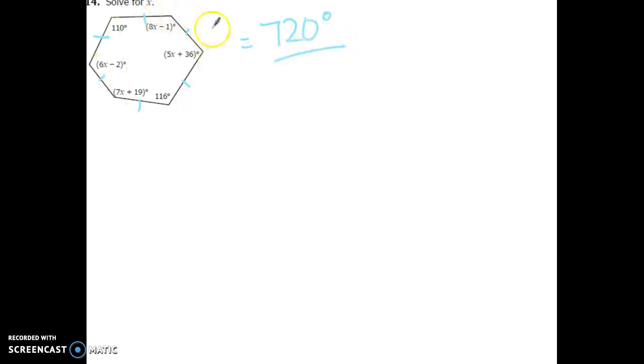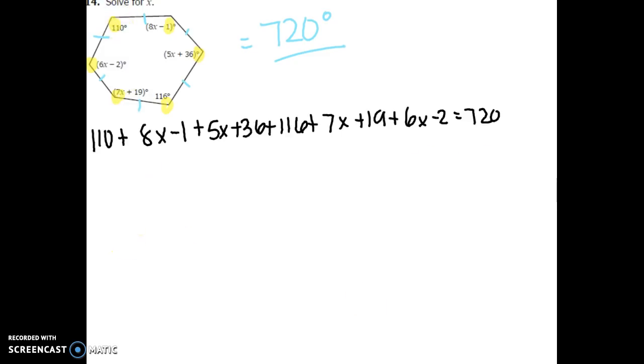And so we have a couple of x's here, but we do have all our angles. So basically what we can do here is add up every single angle right here, and then set it equal to 720, because that is essentially what we need to do. So I'm going to go ahead and set those up. So, okay, we have written down every single one of our angles so far